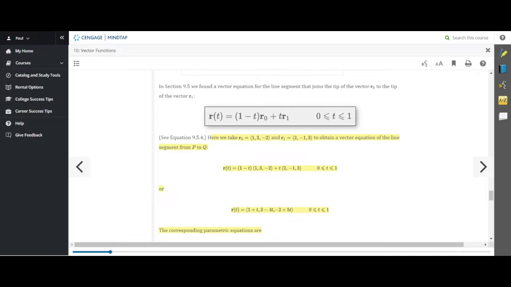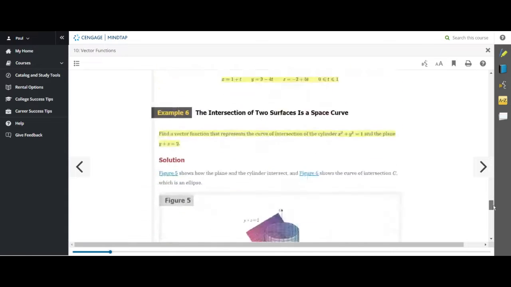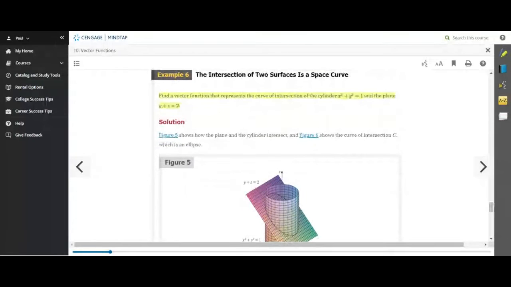Okay, I'd like to do one more with you before we take a little break, and I'll have you do some work here, a little bit of classwork. Example 6. Okay, now